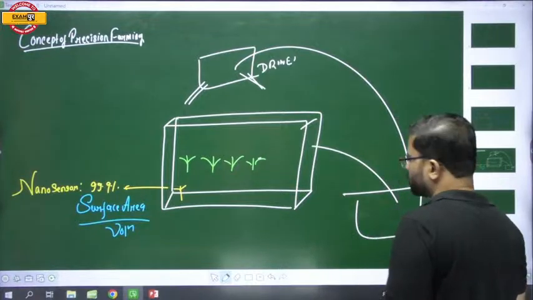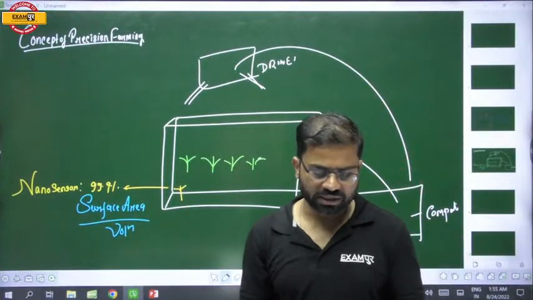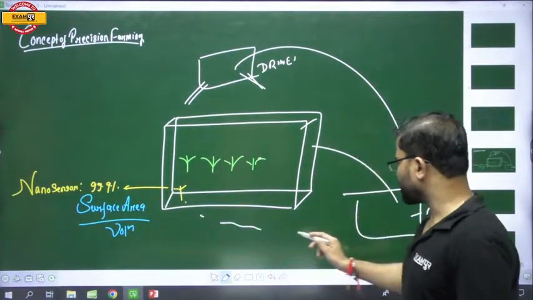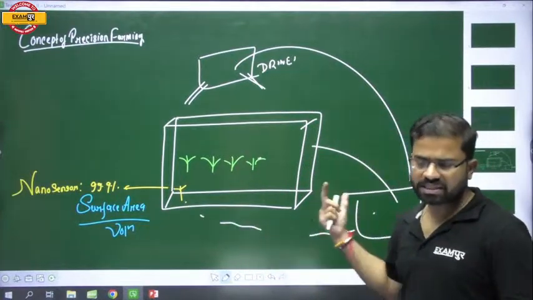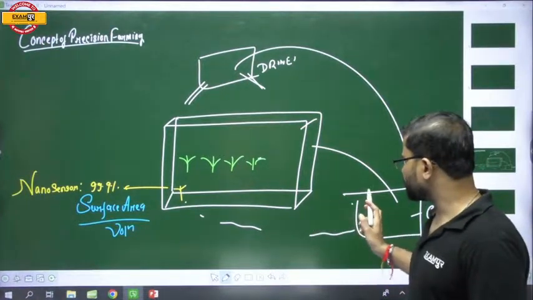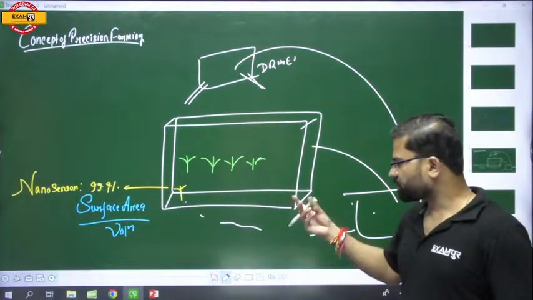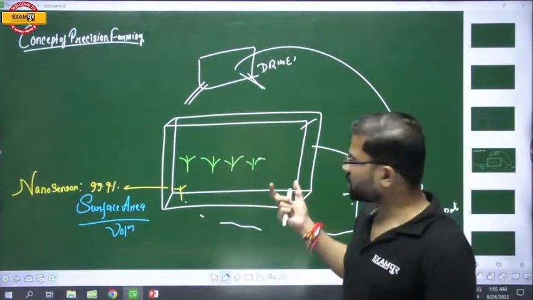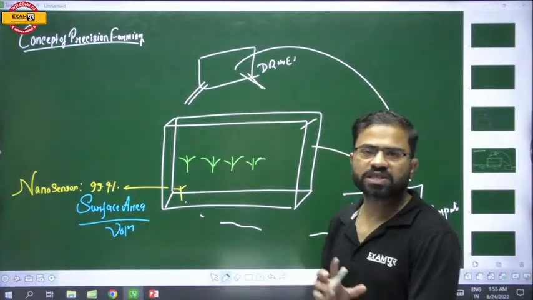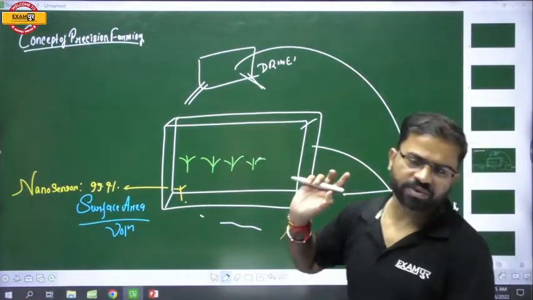Now what happens, suppose your nano sensor senses that the moisture content of the soil is declining. The nano sensor is also connected to the computer, so it will send a signal to the computer that the moisture content is declining. The computer will give a command to the sprinkler system, which will start spraying water. After your plot is sufficiently irrigated, the nano sensor will check again, and give a feedback command to the computer. Now the sprinkler system will stop.